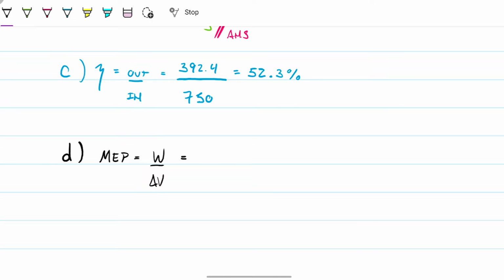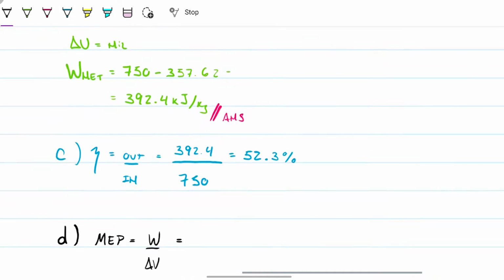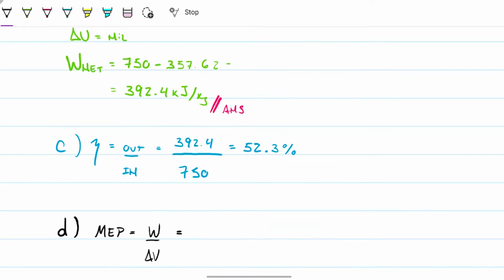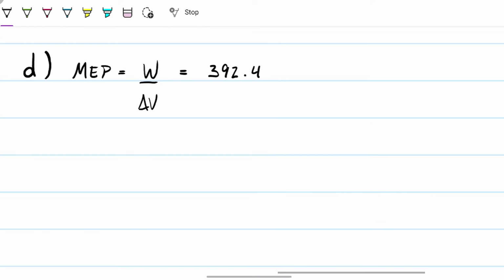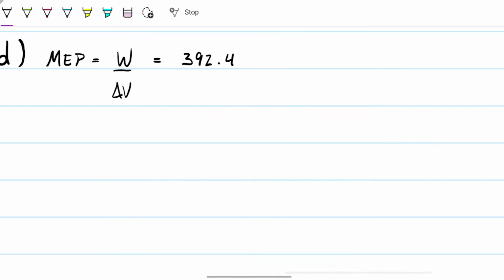Oh, so if we're going to calculate the volume, that means we can go back and convert this into watts. All right, we should do that. Okay, because this we know to be 392.4, which is great. But then the difference in volume we don't have, right? To be able to grab this difference in volume, I'm going to need to use